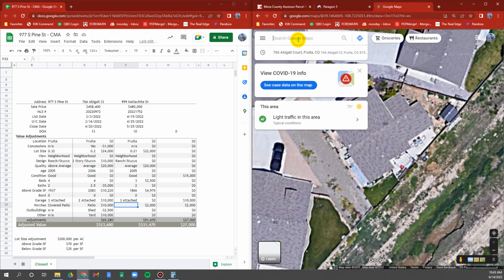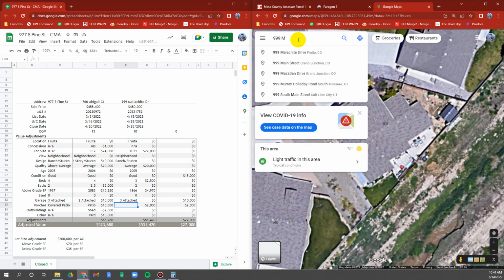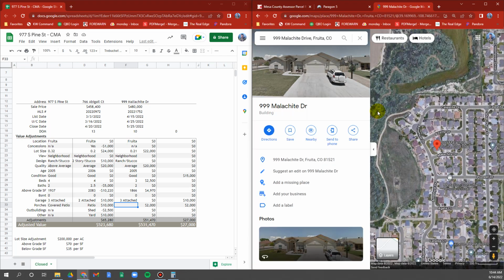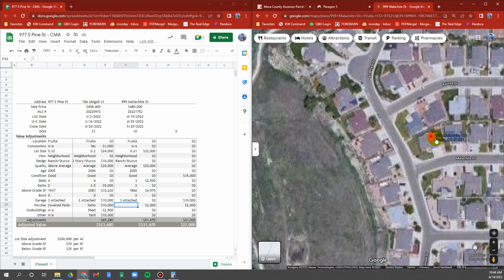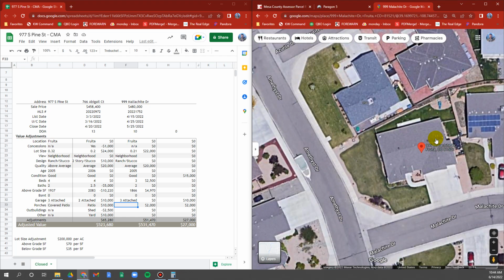999 Malachite. There it is. Because it's weak. Because you got a weak backyard and a weak little patio. I'm going to say small patio. So part of this is to actually do the job of calculating this. Ooh, we do have our RV parking on this one. RV parking, which is